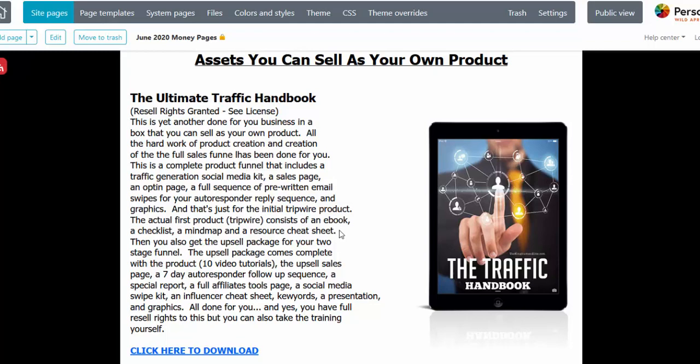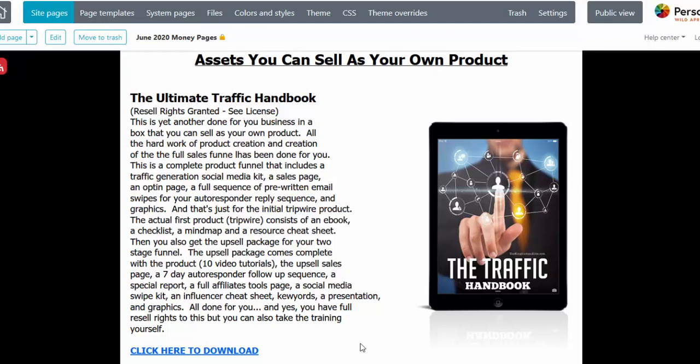It's got a tripwire of an ebook, a checklist, a mind map, a resource cheat sheet, and then you get the upsell package of 10 video tutorials, a sales page, a 7-day done-for-you autoresponder follow-up sequence, a special report, affiliates tool page, social media kit, swipe kit, influencer cheat sheets, keywords, presentations, and graphics, and you get the resale rights to all of this.